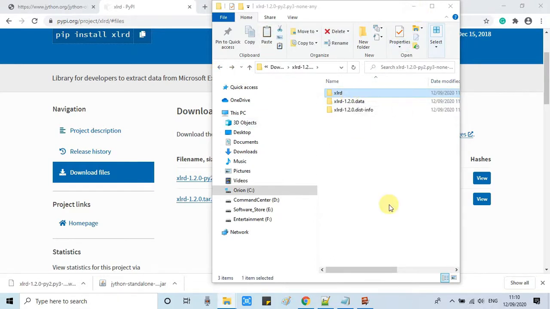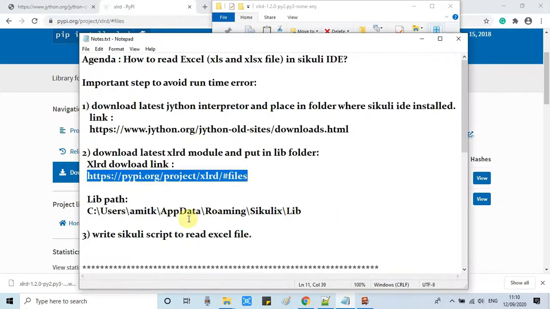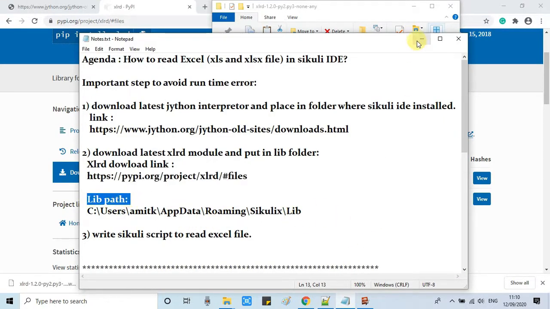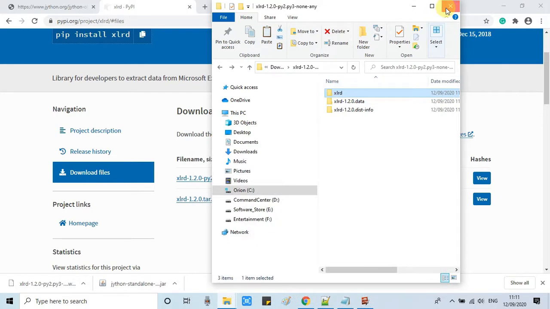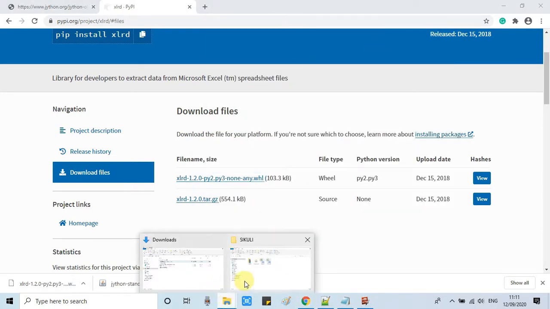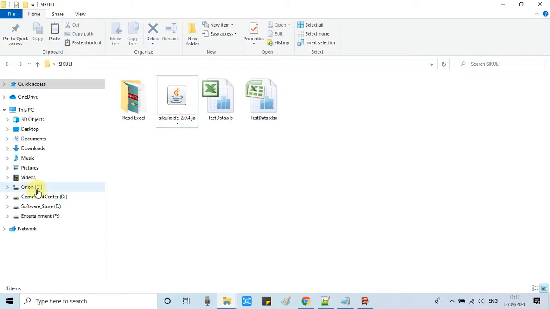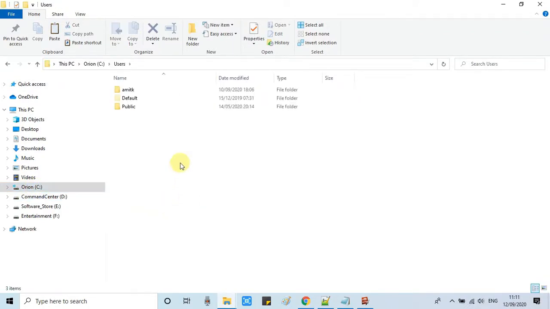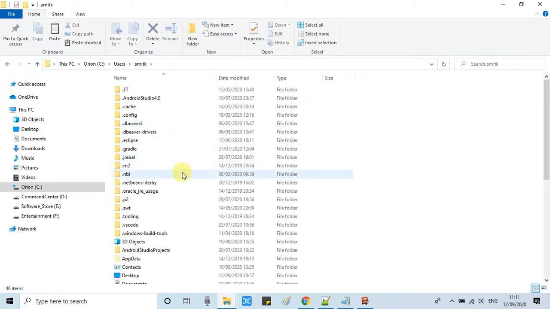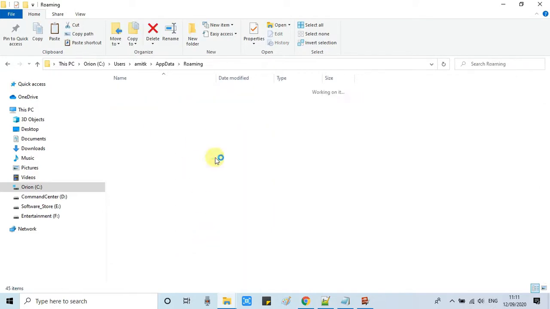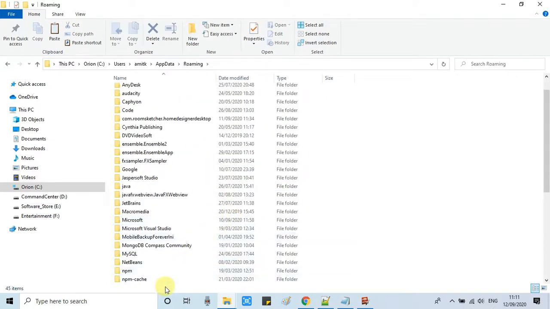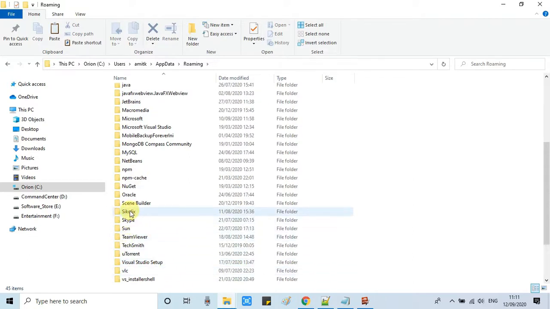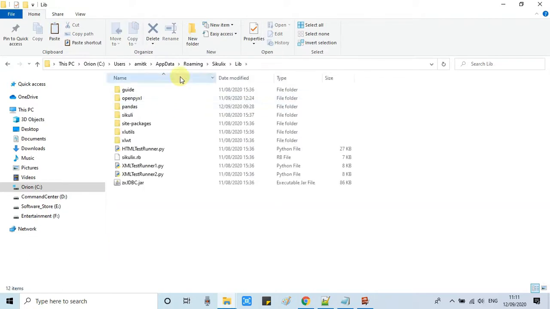We will copy this XLRD into the lib path, and this is the lib path. This is also given in the description box. A similar path will be there on your system, so find it, go inside the lib, and paste the XLRD folder in there. It will be in Users, username, AppData, Roaming, then a folder named SQLiX, then go inside the lib and paste right here.